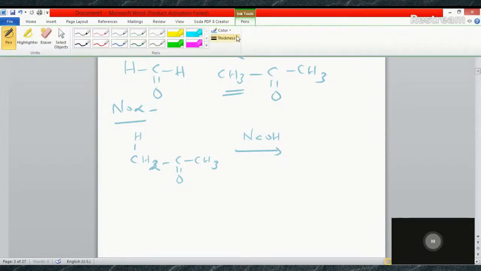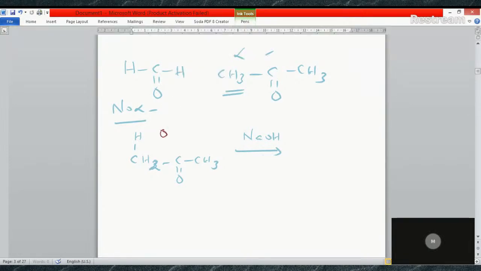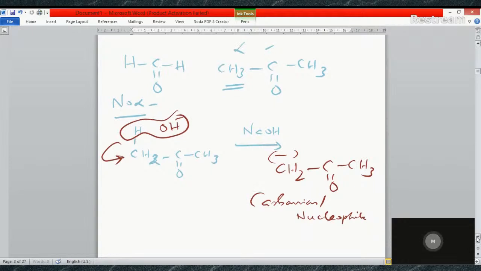While treating this with dilute NaOH, what may happen? The OH minus will take up this hydrogen to form H2O. So the electron pair is moving towards the carbon. That results in the formation of a carbanion. This is the carbanion. As usual, the carbanion formed here can behave like a nucleophile. In the next stage,